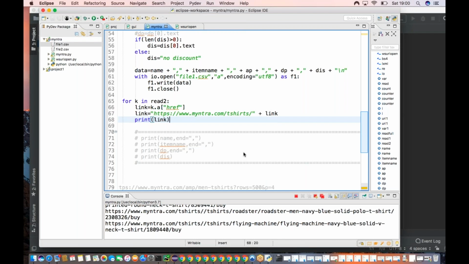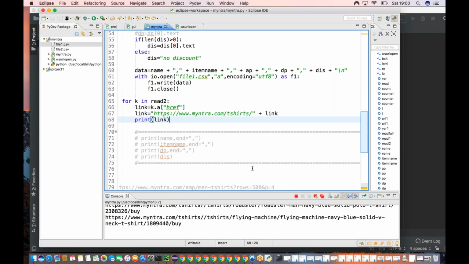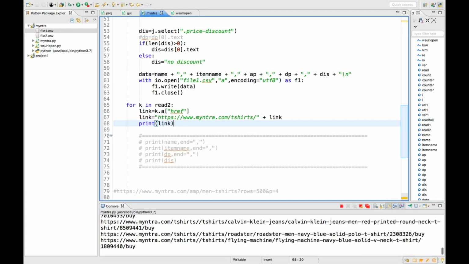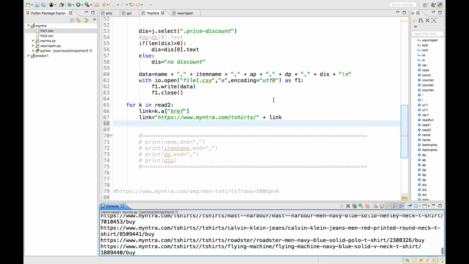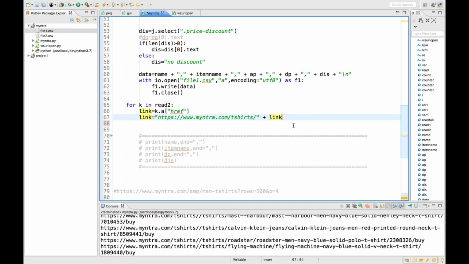See, it's working, right? Okay. Yes, yes, it works. Okay, so now